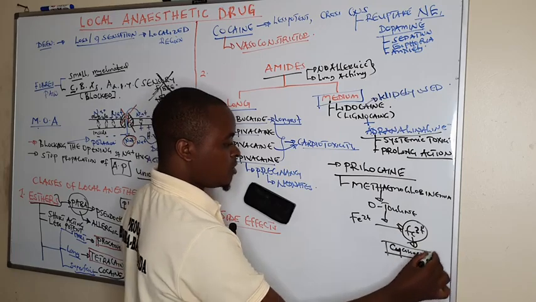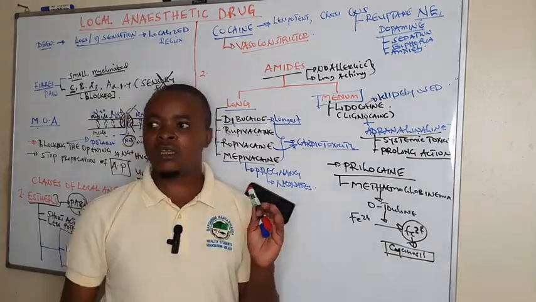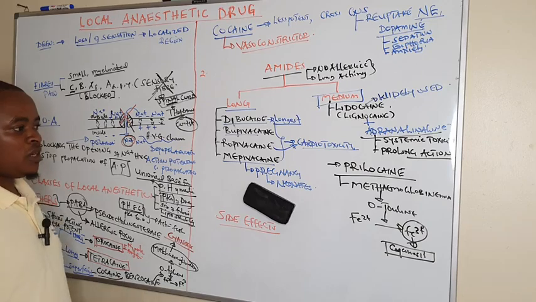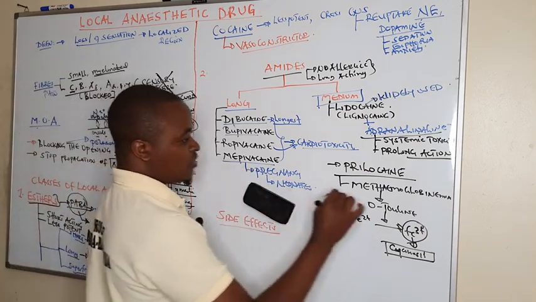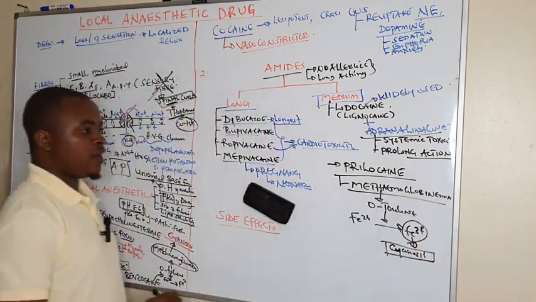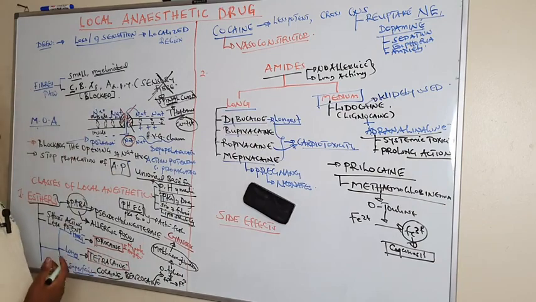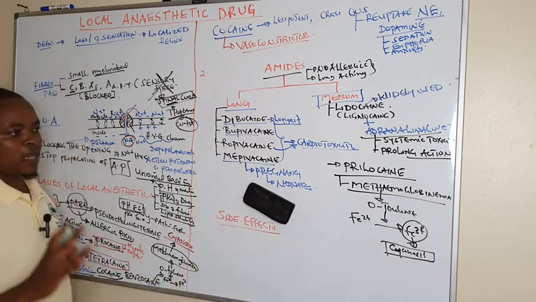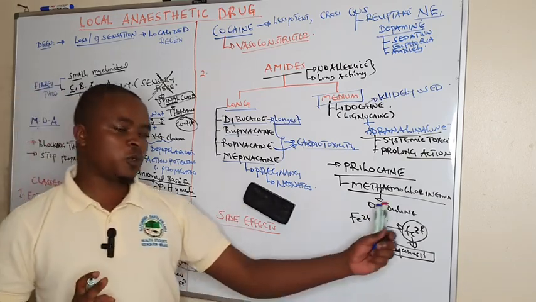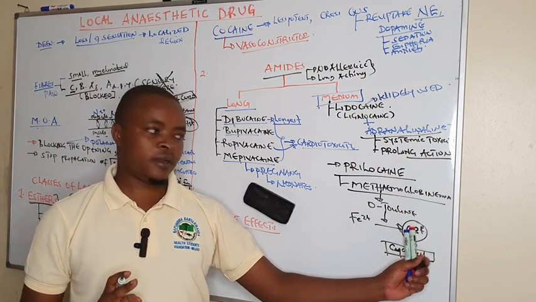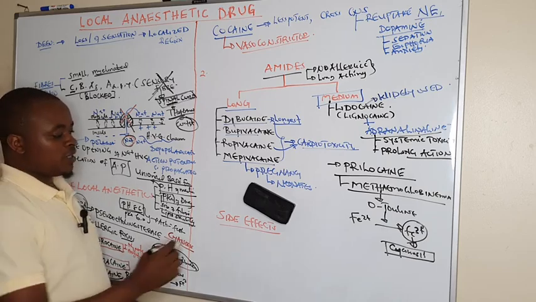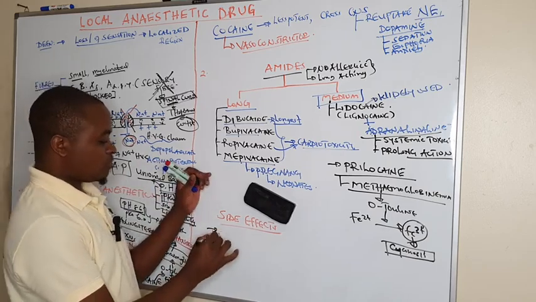Cyanosis, the skin becomes bluish due to lack of oxygen supply. This one can even lead to hypoxia. So another peculiar drug which can cause methemoglobinemia is prilocaine. So prilocaine and benzocaine are a pair of drugs that cause methemoglobinemia. Very important to note. Then as I conclude, the other side effects we have not talked about, these drugs can